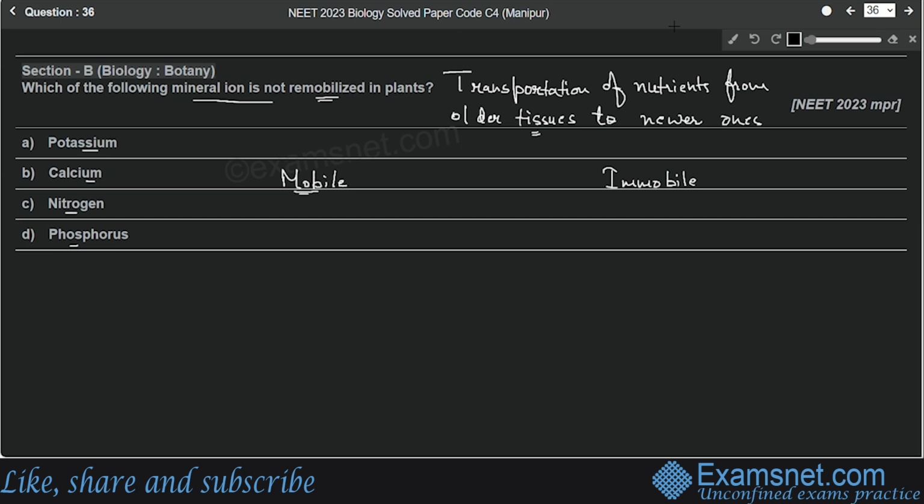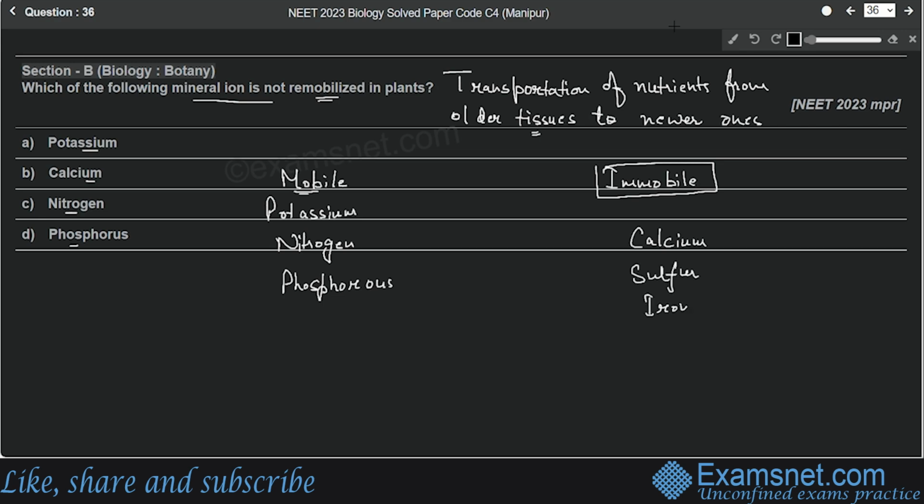Okay, examples of mobile elements can be potassium, nitrogen, phosphorus, etc. Okay, and if we talk about the immobile elements, so these are relatively immobile. That means once they are incorporated into the plant tissue, they generally do not get remobilized from there. Okay, examples of immobile elements can be calcium, sulfur,